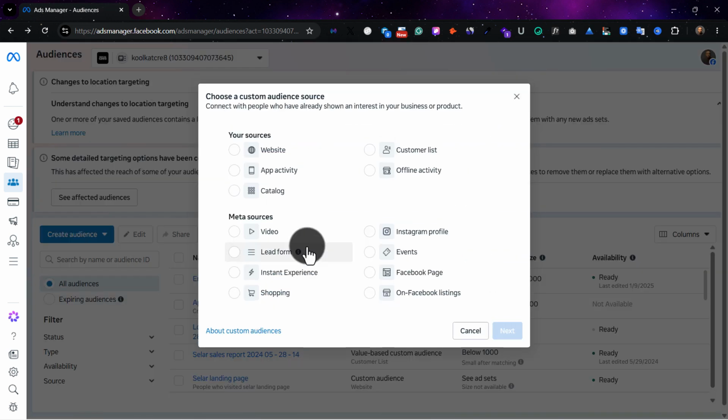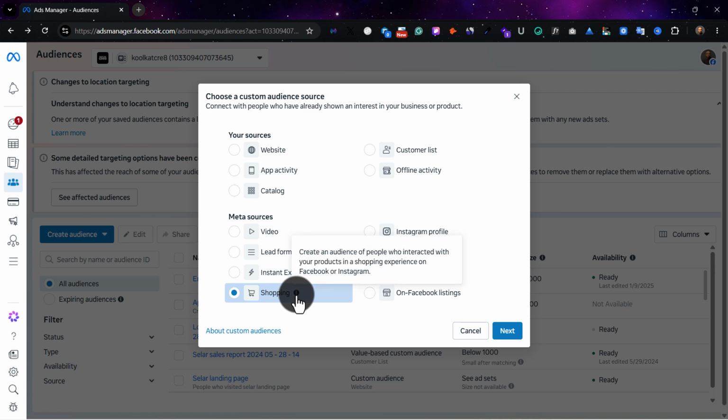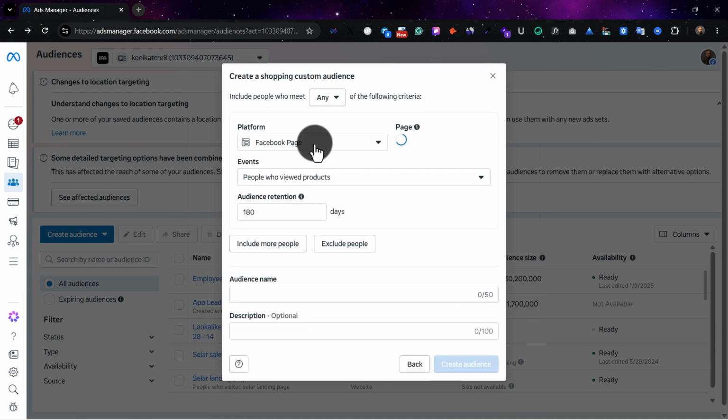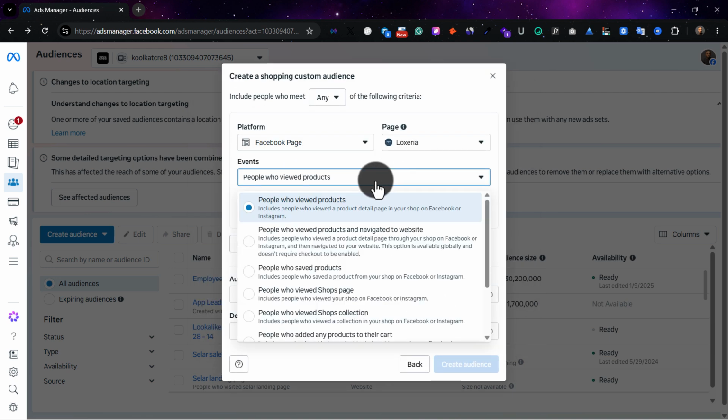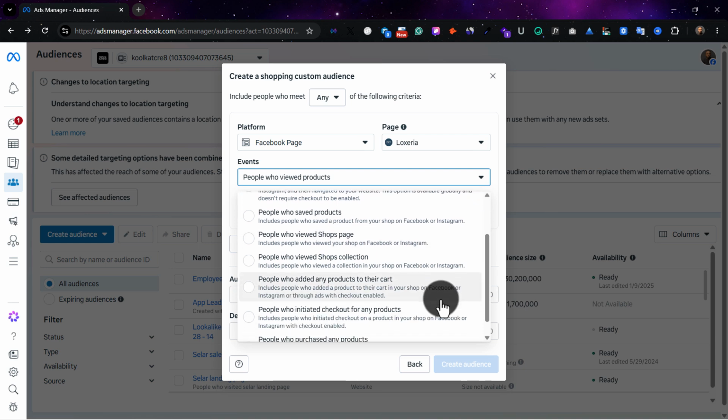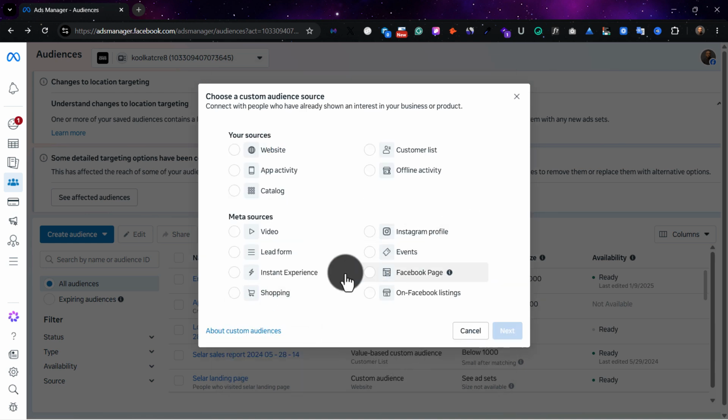So now the other one that is very important is you can also select shop, right? Create an audience who interacted with the product in your shopping experience. Same thing, you can click here: Facebook page, people who viewed products, people who viewed products and navigated to the website, people who saved products. Very nice. So if you are doing Facebook listing too, you can also use this. It all depends on who you want to